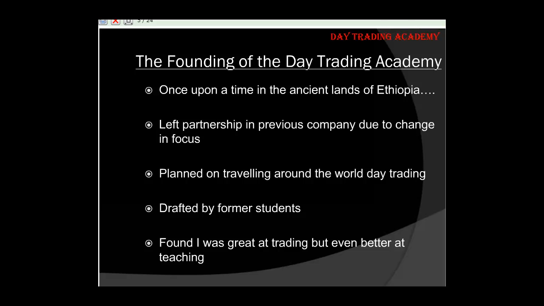But they wanted me to go ahead and train them how to day trade, and I was very hesitant because obviously for me, it's not about making money. For me, it's about the lifestyle, right? I don't want to sit behind a desk for 5 hours a day trying to day trade. I want to trade for an hour or two, and then I want to enjoy myself, especially here in India when I start trading at 9 or 10 at night. So for me, it's not about making $1 million. It's about having my freedom and having the lifestyle. So I was very hesitant to start teaching others.